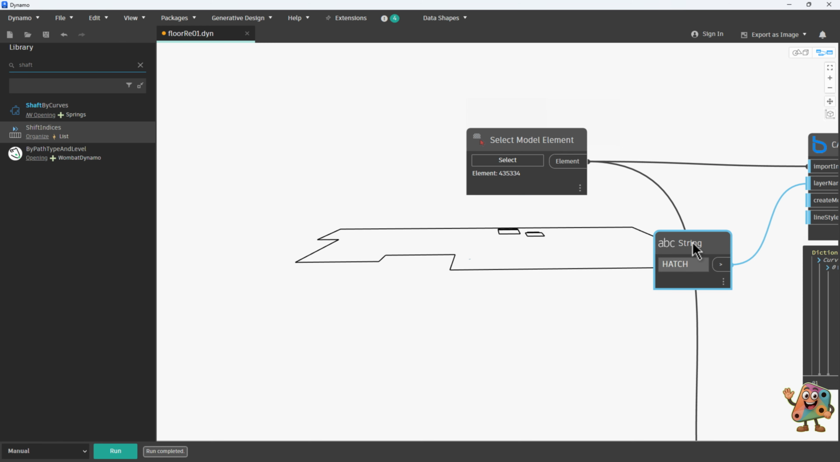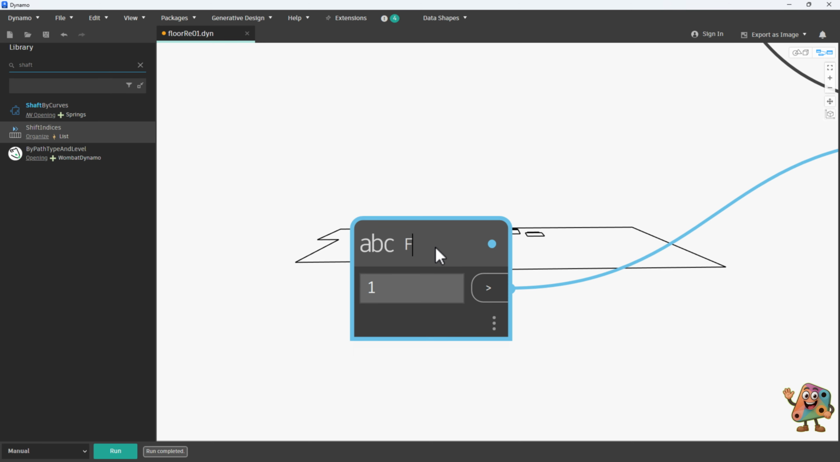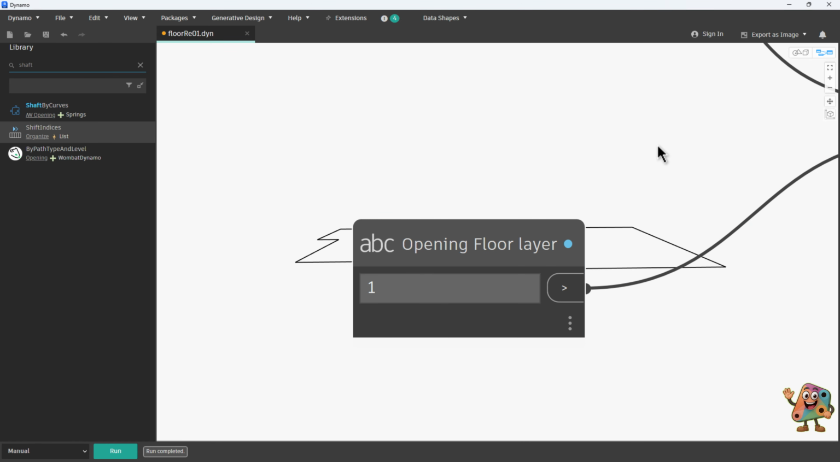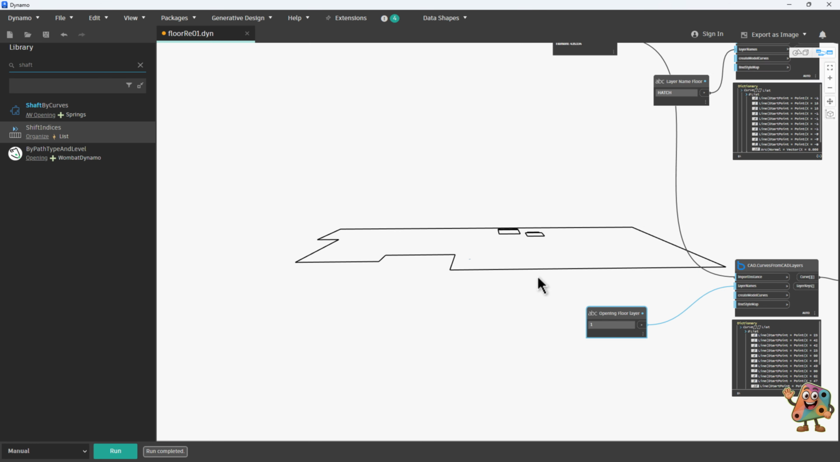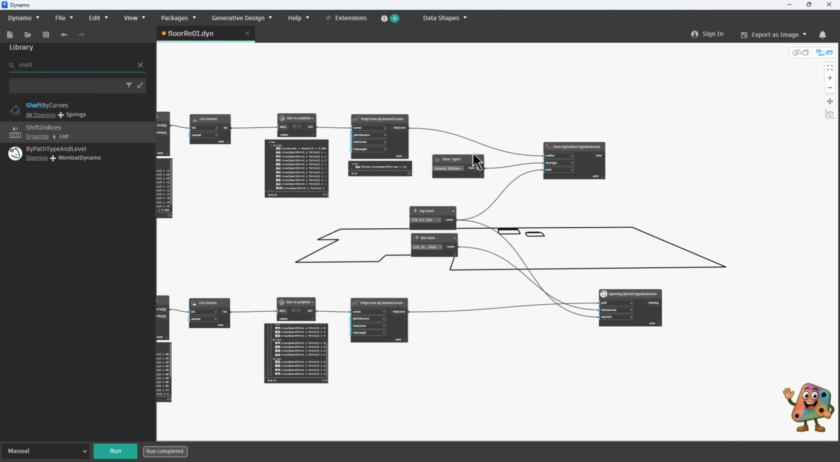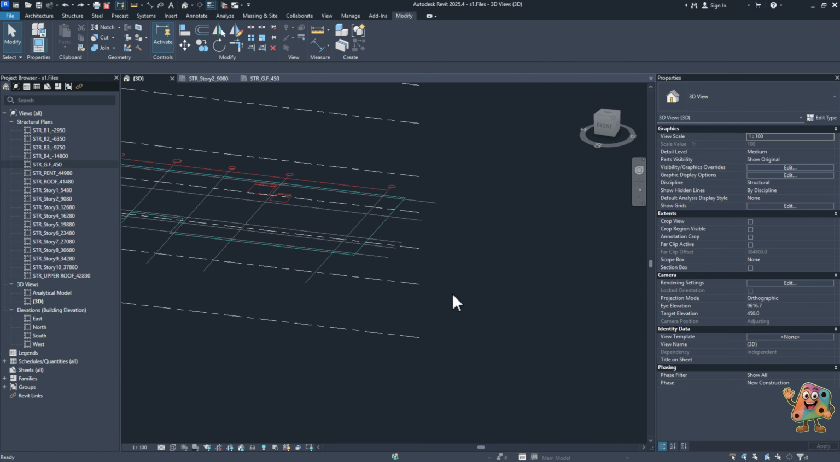We set level and type floor and select model and string and name layer. Set this node, define it as input, and as you can see, I think this Dynamo file is completed,